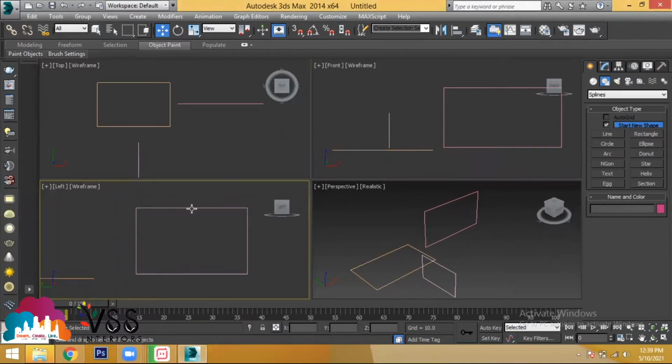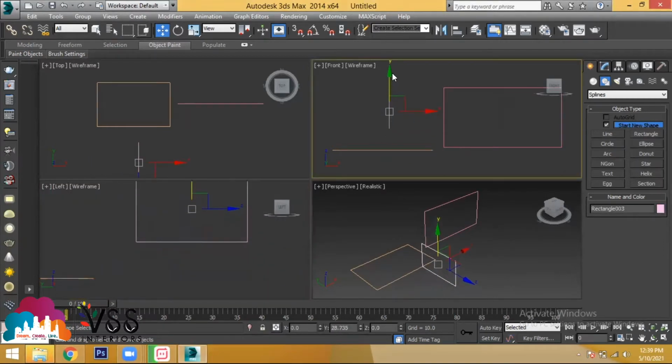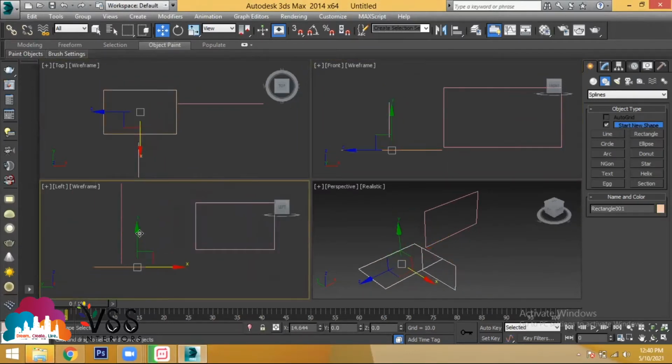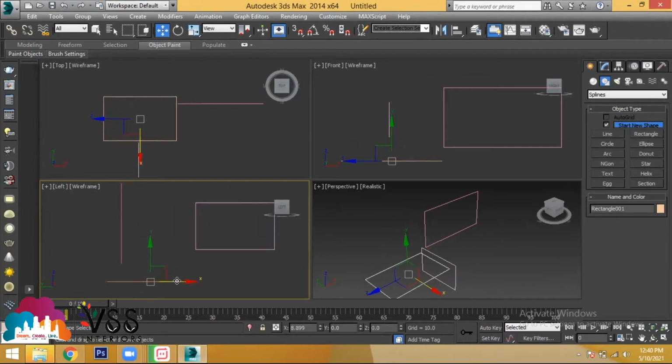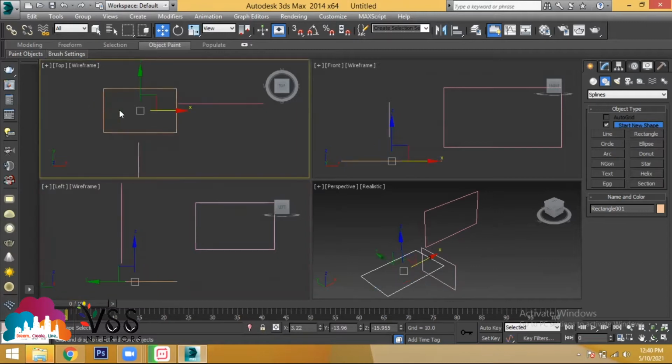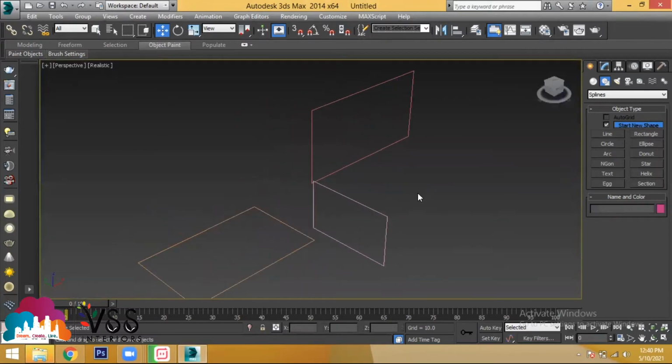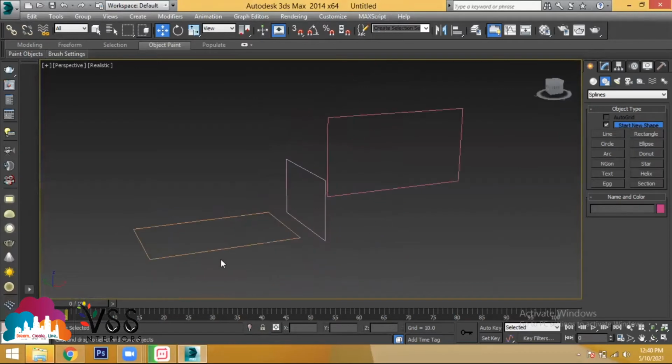From the left face, this is your rectangle, and this is the object which you can see here, and the top view object is here, in the front view it is over here. There's no height for the sketched objects here. And if you see from the 3D view, you are able to see the objects based on the top plane.